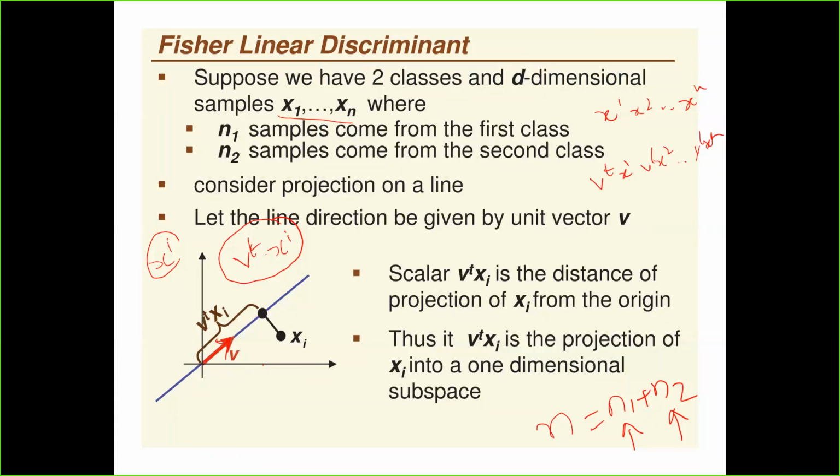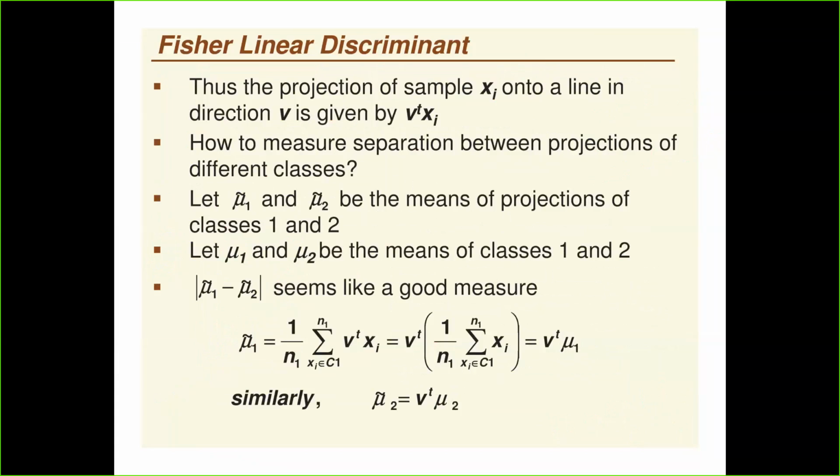If their centroids are far away from each other, can I say that they are well separated? Yes, sir. That can be one of the criteria, right? Definitely. So if the centroids of the two classes in the projected space are well separated, it means the distance between the centroids of the classes in the projected space is large, then we say that these classes are well separated. Okay. But how do you compute the centroid? Tell me, how do you compute the centroid in the original space? If x1, x2, and so on, xn are the